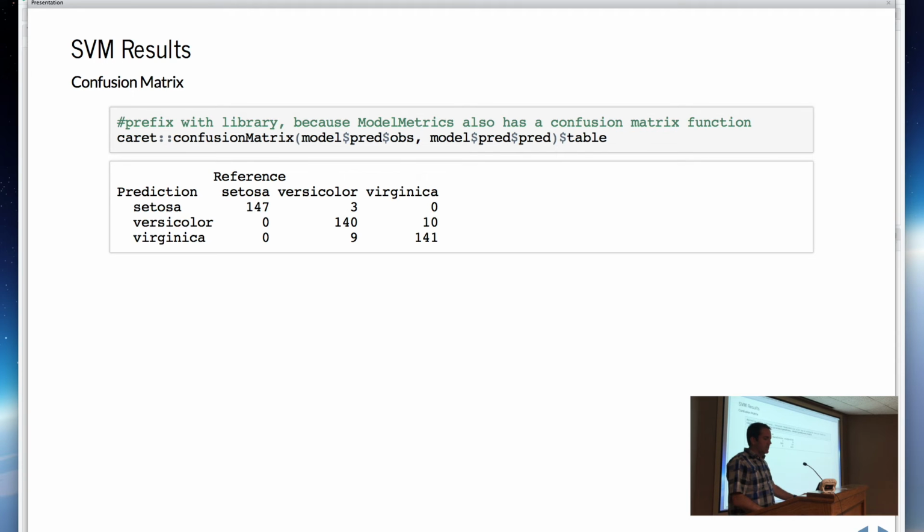In this case, we'll see that our algorithm, at first glance, is doing pretty well. That 147, 140, 141, those are all correct predictions. And so there are 22 incorrect predictions in that case. So not too bad. You can see prediction is labeled on the left, and reference, meaning the actual answer, is on the top.